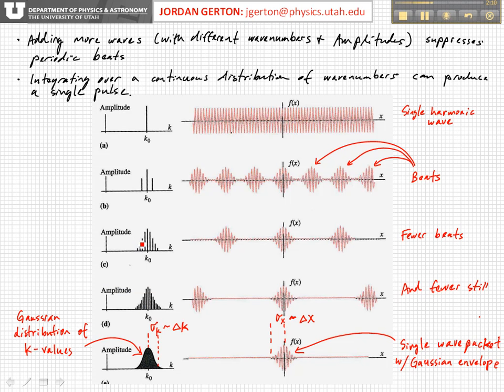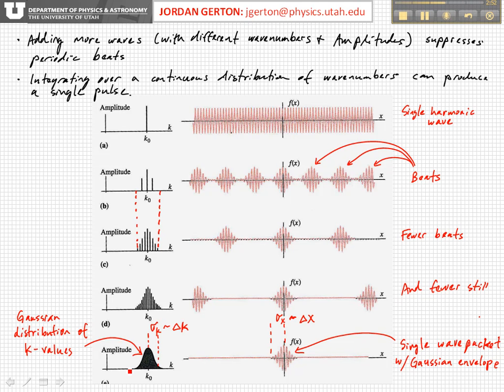So if you traced this up, we're now covering a wider range of k than we were before. We have more waves, and that basically allows for more opportunities to have destructive interference. And so now you get a bigger region where the wave amplitude is suppressed, and now you have beats, but they're spaced further apart in space. And again, if you add in more waves and broaden the distribution even more, then you suppress more until eventually,